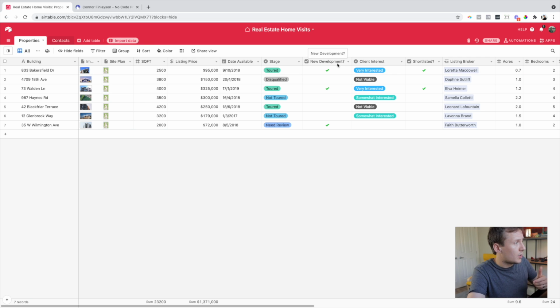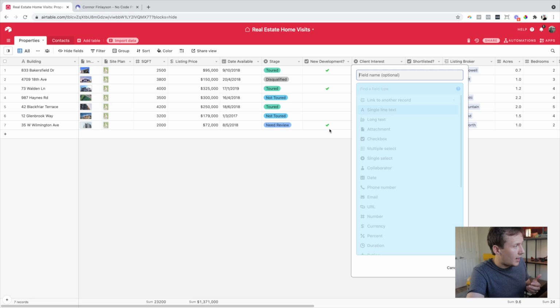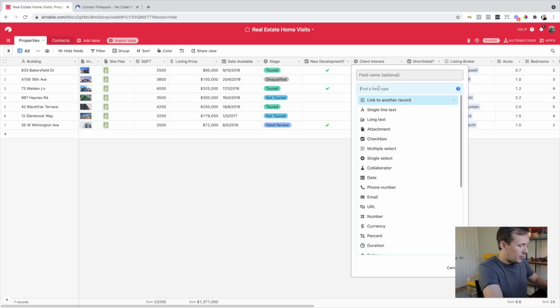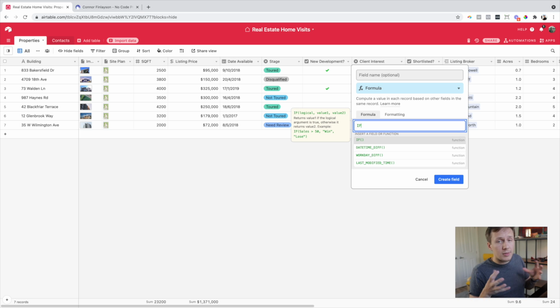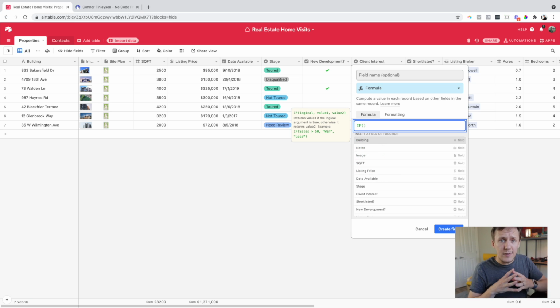So the way that we're going to do it is we're going to start off by inserting a new field to the right. And in the field type field, we're going to type in formula. Now, as soon as you have selected the formula field type, what we want to do is we want to start off by writing if, and that will then automatically bring up the function. Now, an if statement is made up of three different values. The first one is the actual condition or the logic. The second field after the first comma is the value that we want to display if that condition is met. And then the last value is the value that we want to display if that first condition